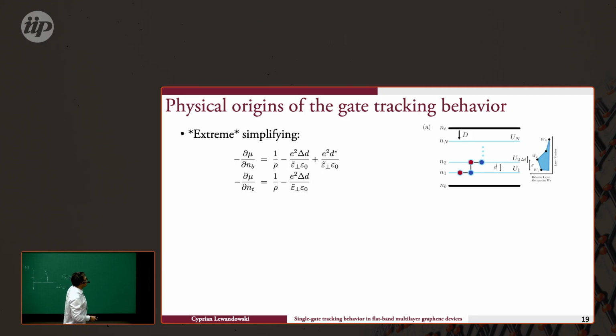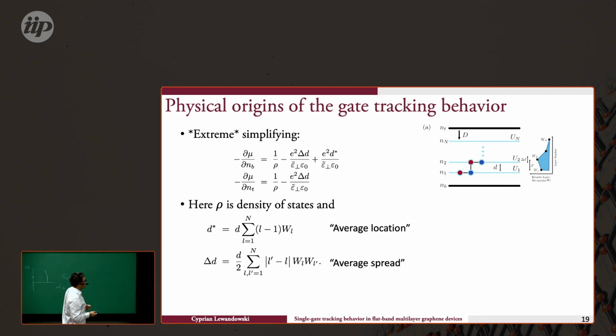Okay, so now if I do some extreme simplifying, and by that I am saying that let me assume all of my K states have the same distribution of the W_Ls, just for simplicity of this analysis, then I would find that the form of these equations is actually fairly simple, and it has